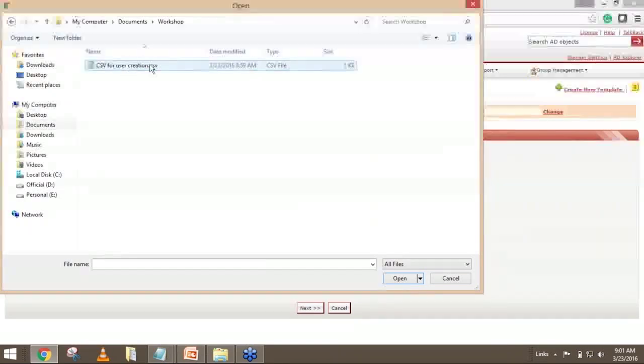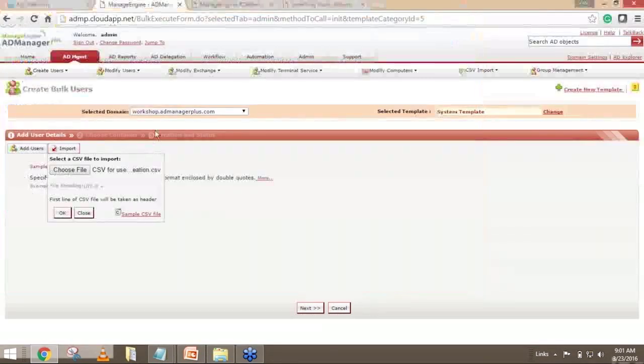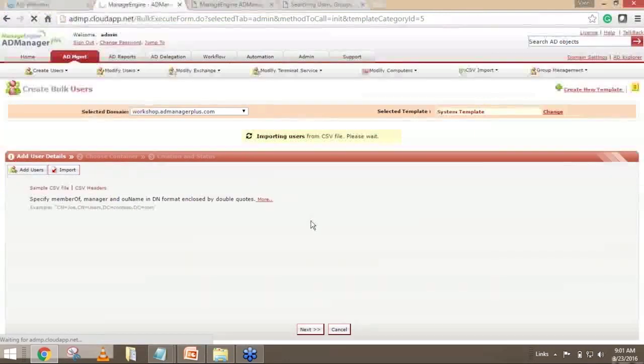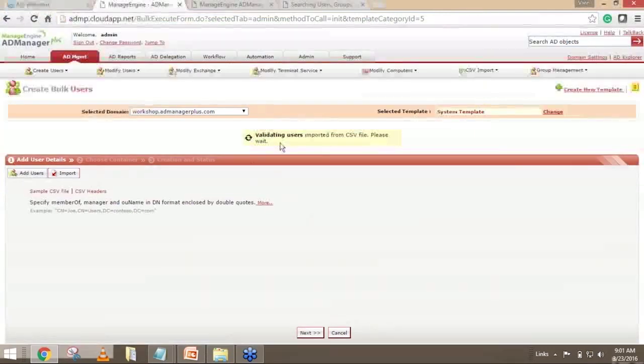CSV for user creations. Note that the format of the file is going to be .csv and it's not txt or any other format, because I need to make sure that the file is saved with a .csv extension. All right, so